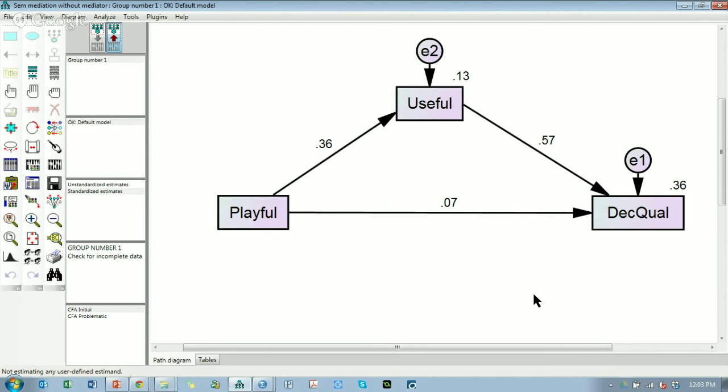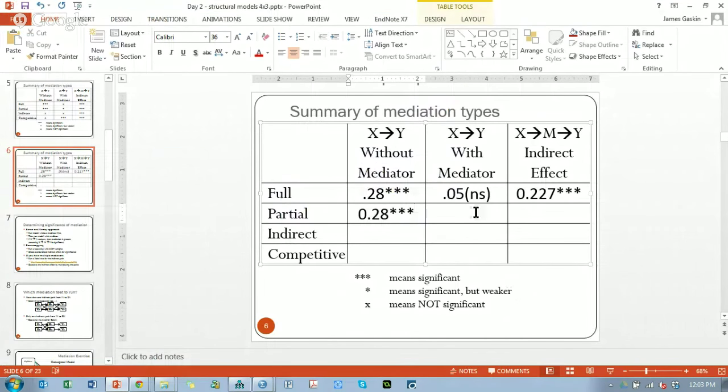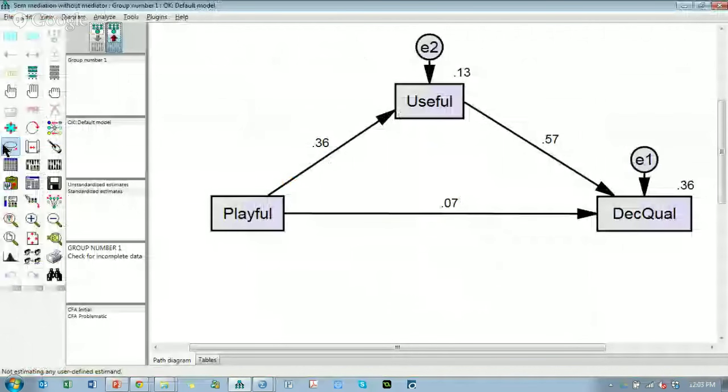As far as we can tell, we haven't looked at p-values, but I'm pretty certain that this is going to be not significant, that this will be and this will be significant. And so we'd say this is a full mediation. We'll just double check that real quick. The direct effect is 0.07. I'll type that into here, 0.07. If I go look at the output,